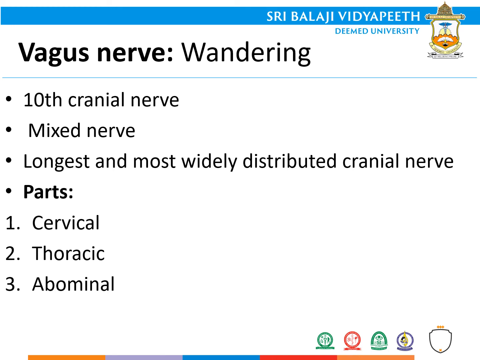Now coming to the vagus nerve, it is also called the wandering nerve. It is because it wanders, its course extends right from the head, neck and goes to the thorax and also is present in the abdomen. It is the 10th cranial nerve and it is a mixed nerve. That is, it has both sensory as well as motor fibers. It is the longest and most widely distributed cranial nerve. And it has three parts. It has a cervical part, it has a thoracic part,